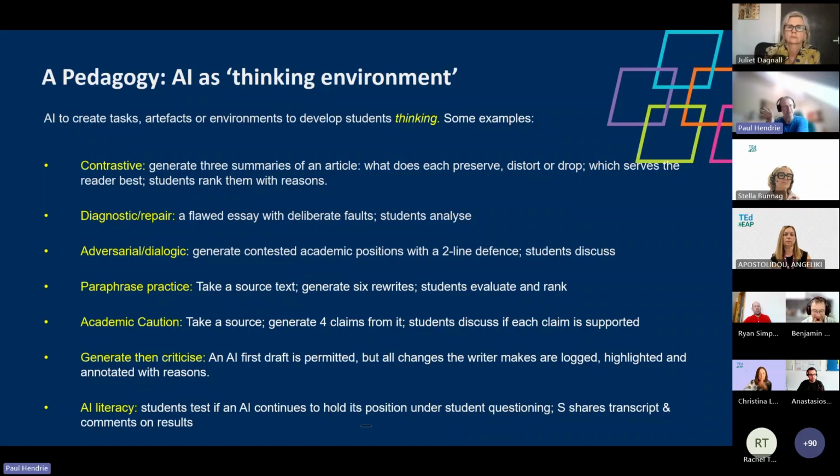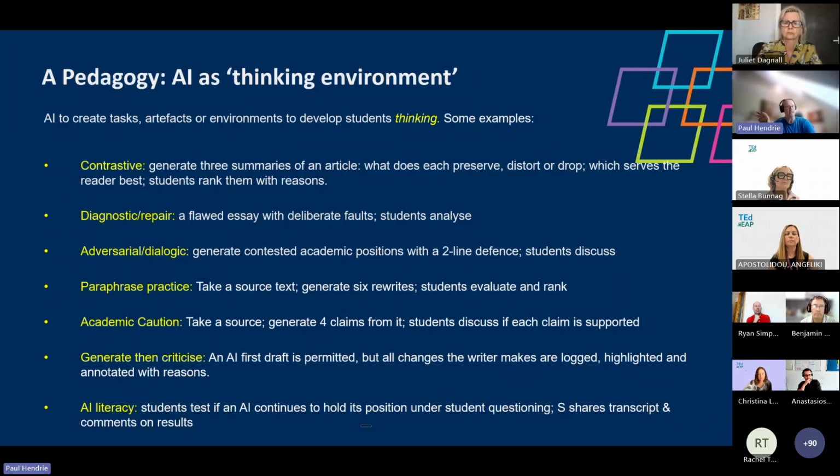What you'll notice here is the positioning of the AI, and it's around the student. It's setting things up for the student to do the core thinking. I've got some examples of these. I've got a full set of activities and prompts for these, if you want them. I keep bigging up this Padlet. There's a lot of things for you to have a look at on there, but all of these are about putting the student in a position where they are thinking rather than just getting the AI to do it.